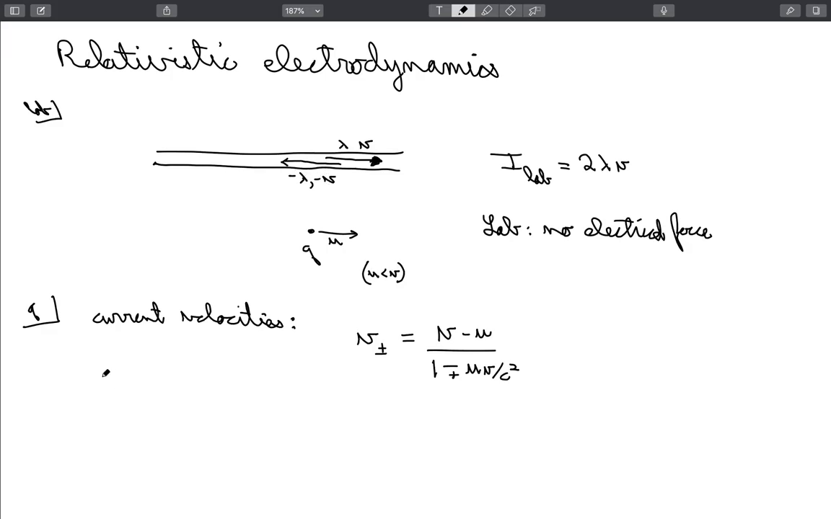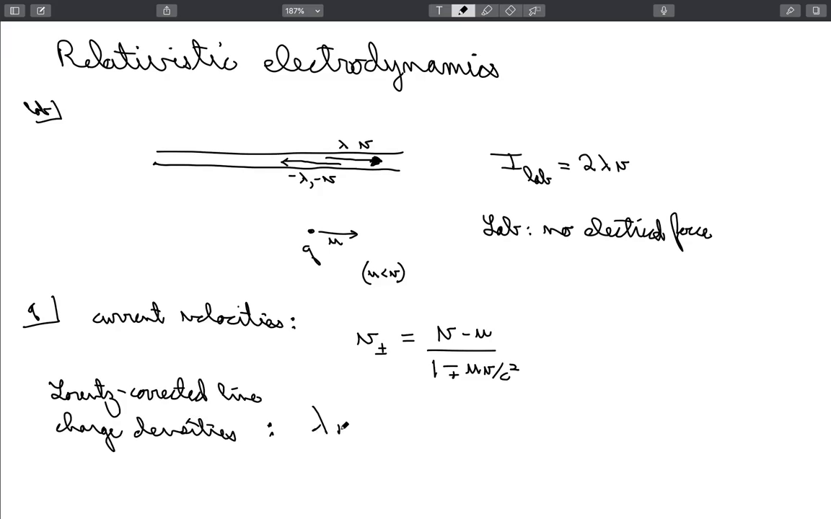Okay, so let's just do the Lorentz corrected line charge densities. So what would those be? Well, I would have a lambda plus or minus is equal to plus or minus, just coming from the original sign of the charges that I had. But then I have a correction factor gamma plus or minus times lambda 0, where lambda 0 here